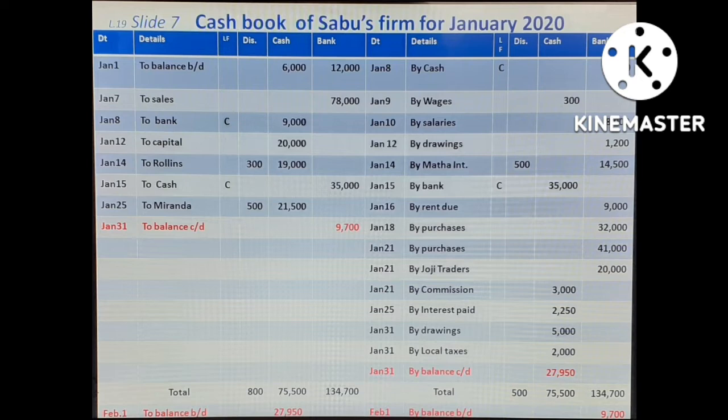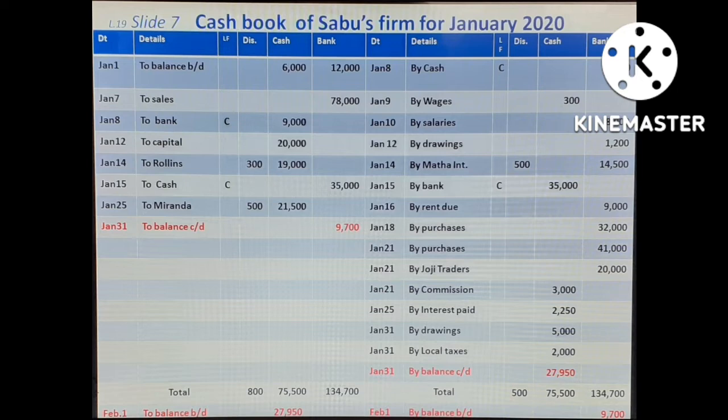Now, January 12, capital 20,000, additional capital brought in by Sabu. It is financing activity, an inflow from financing activity. Next is Rollins, 19,000 in the cash column, 300 in the discount column. Ignore the discount column. We need to consider only cash flows. It is for sale of goods to Rollins, collection from receivables,